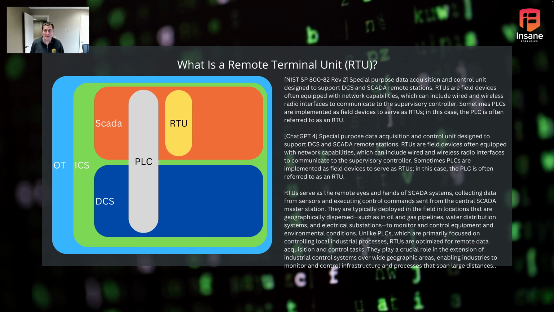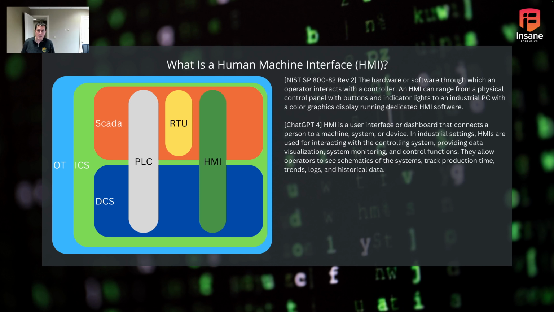Getting the data, pulling it back. And so RTU, you'll hear this a lot when you're dealing with industrial networks and a lot of different industrial environments, so it's a good definition to have as you go out there. Human machine interface, HMI. I like the NIST definition: hardware or software that the operator interacts with the controller. A controller itself, you don't plug a keyboard and monitor into. Generally that controller connects back to an HMI, or the HMI connects to the controller. And so the human machine interface is how you actually interact with the controller or with the network itself, right?